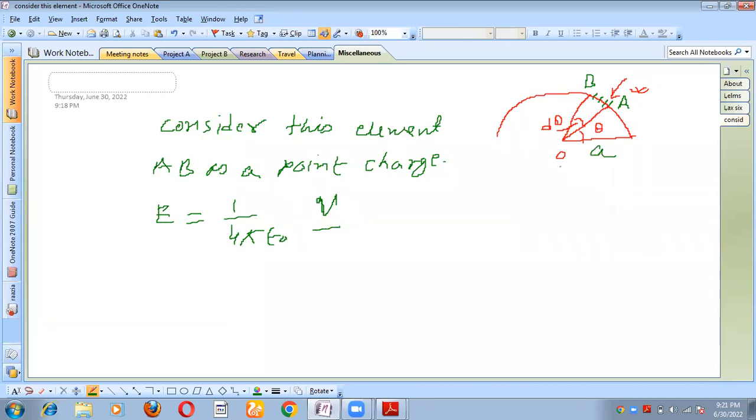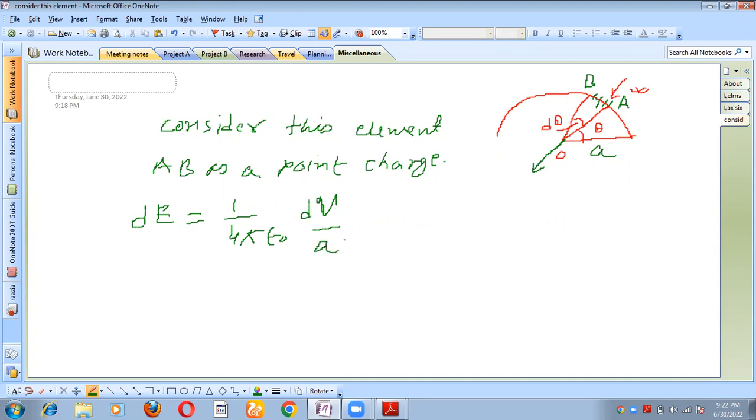So we are finding electric field due to this point charge at point O. If we consider the point charge as positive, then due to this elementary portion, the electric field will be away from the charge. It means the electric field due to the point charge should be along this direction. So let us say that is dE,